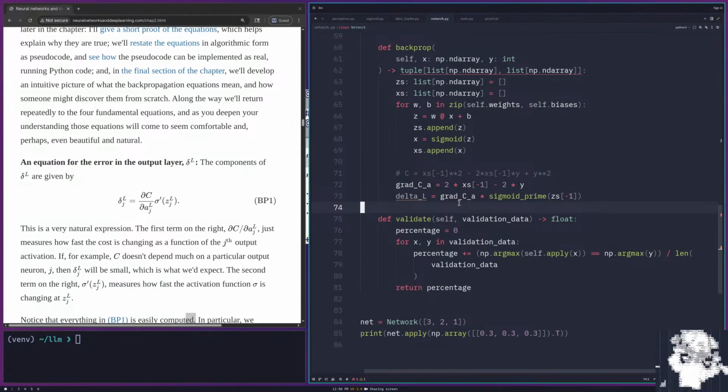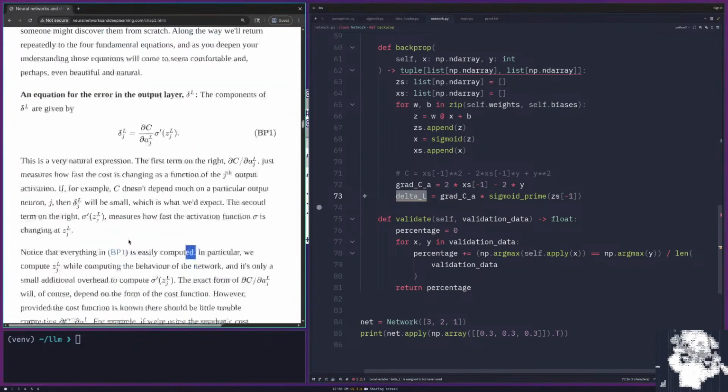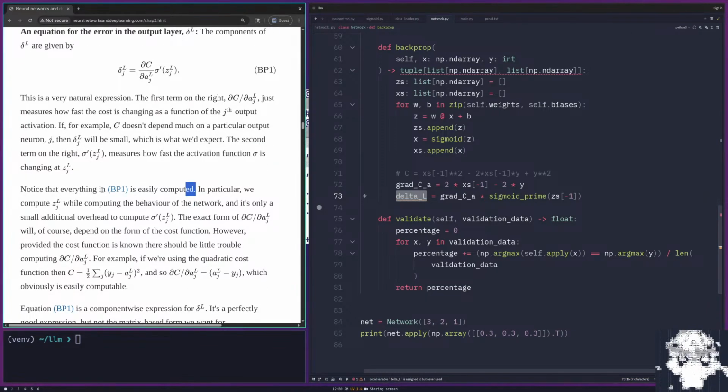Good job, or how to calculate just delta L. Notice that everything in BP1 is easily computed. In particular, we compute z^L_j while computing the behavior of the network, and it's only a small additional overhead to compute sigmoid prime of z^L_j. The exact form of derivative of C with respect to a^L_j will, of course, depend on the form of the cost function. However, provided the cost function is known, there should be little trouble computing derivative of C with respect